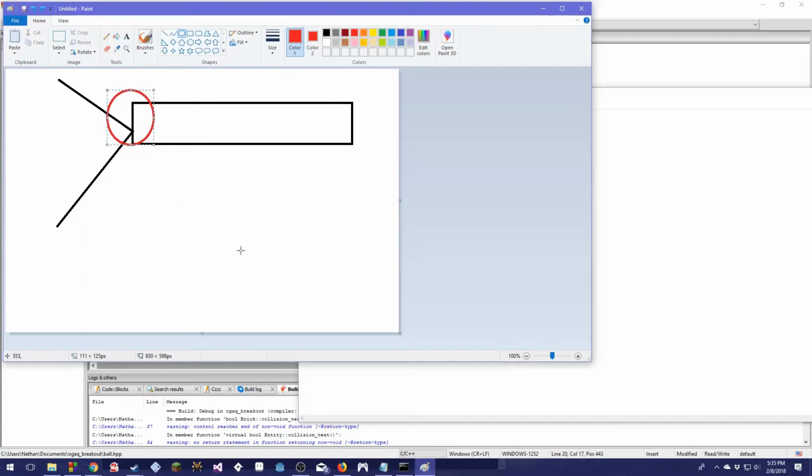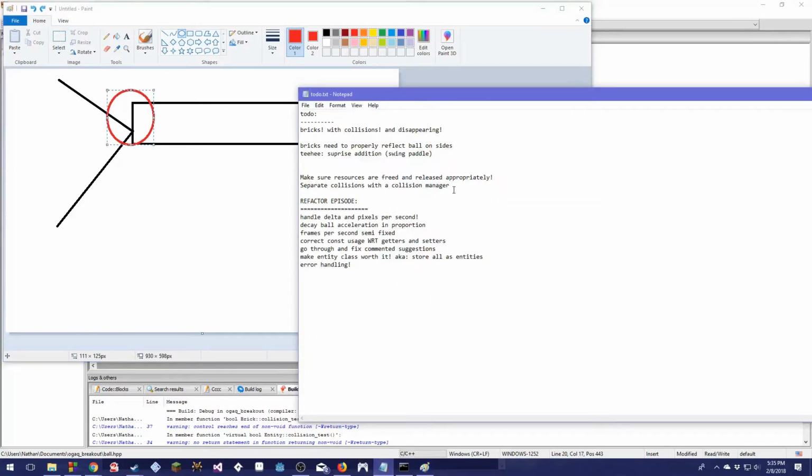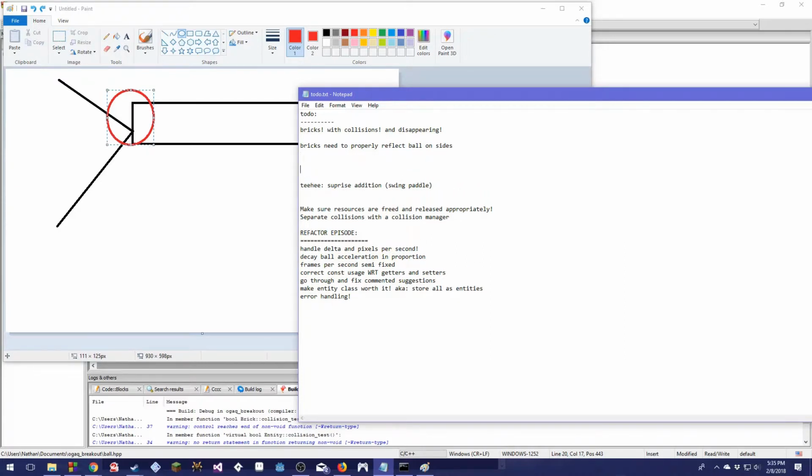Yeah, okay, so let me get a notepad here quick. And, oh my god, I wish Notepad had tabs now. Okay, so let's do something like this. So we know that if the ball hits with a y less than or equal to, because up is towards 0, brick y, and